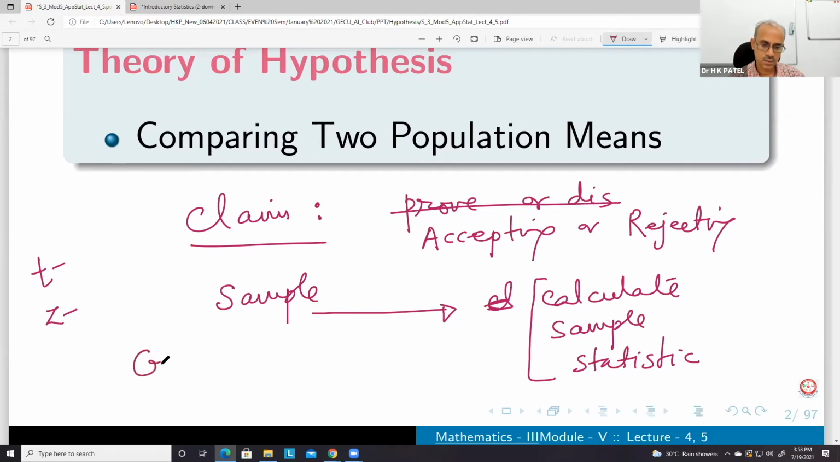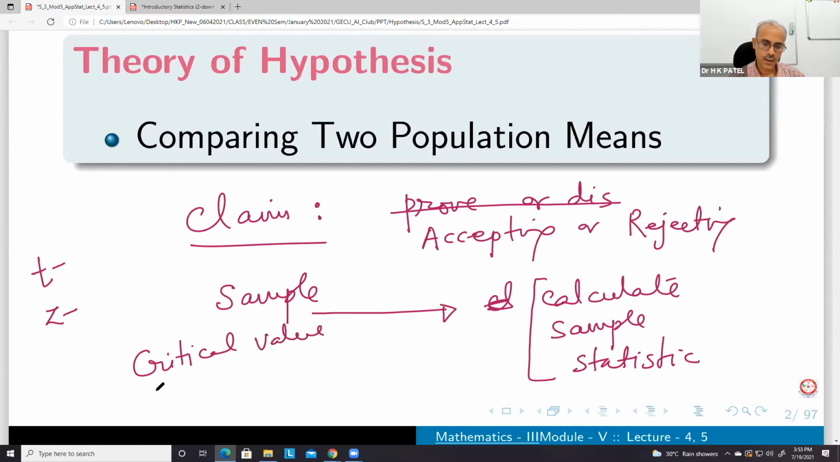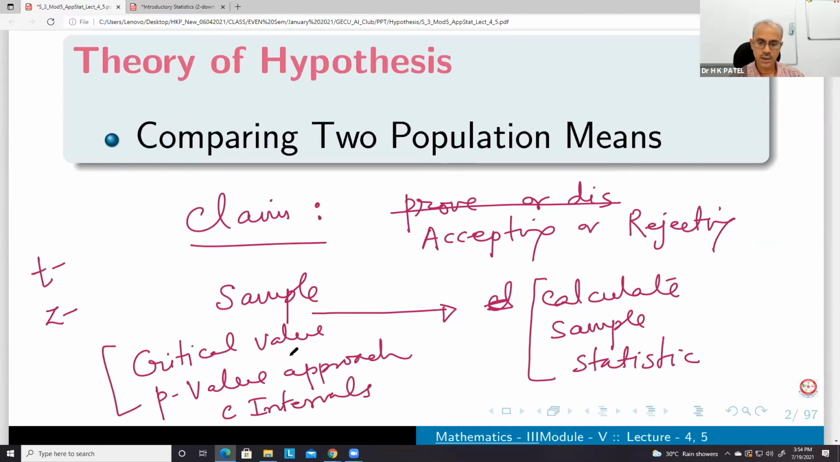we use the critical value approach and another one is p-value approach, or sometimes we can use confidence intervals. So these are three approaches we have: critical value approach, p-value approach, and confidence interval approach. So this critical value and p-value and confidence interval, this plays very important role. Which one? This sample statistic. Okay,